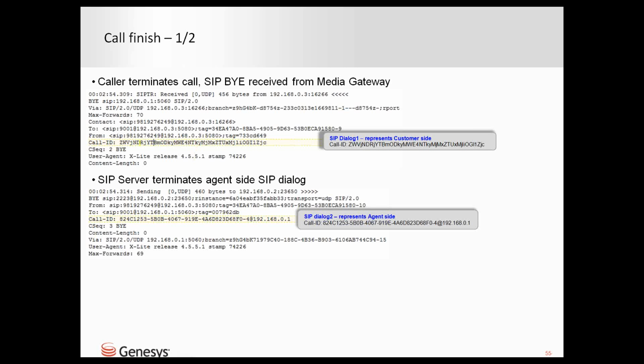And later the caller terminates the call. So we receive a BYE message, and you can see the BYE is coming from SIP dialog 1, and we received it. You can see we received a SIP message by terminating on SIP dialog 1. As soon as we receive this BYE message, SIP Server is going to terminate the call, the rest of the